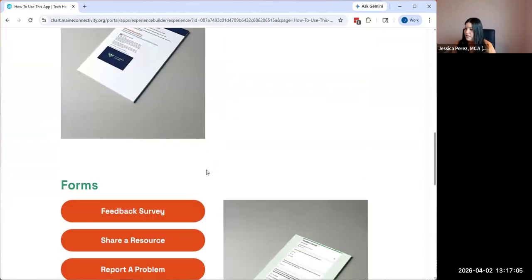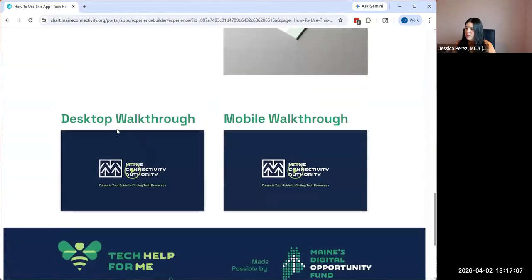Let's get to this toolkit for a second, and these forms. There's also a walkthrough of the desktop tool. So much like I'm doing now, but it's a recording that is there and available. Someone could watch that. I talked to lots of folks when we were making this tool to ask what would be useful. Many of our older adults might not feel super computer savvy, but still they would say, I